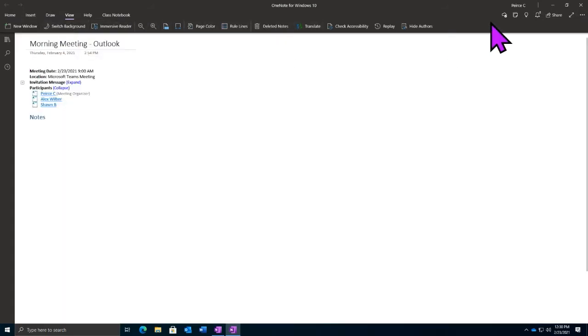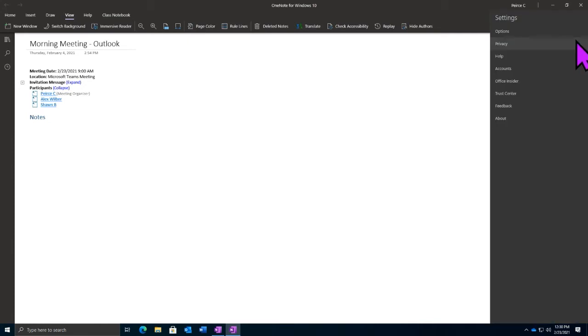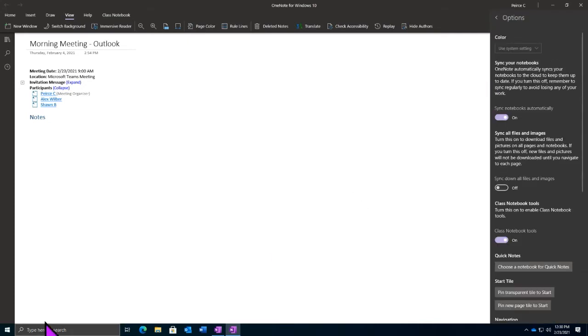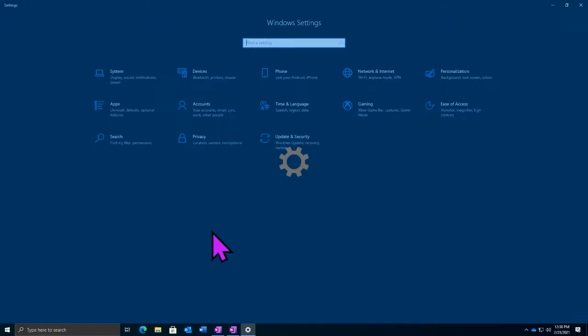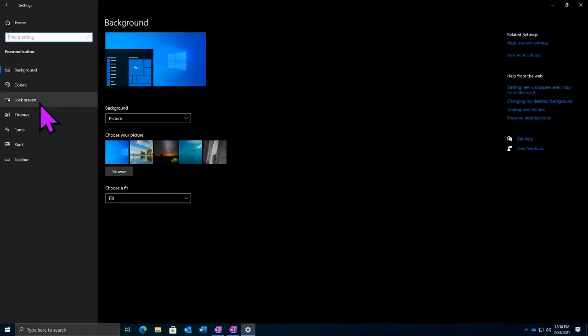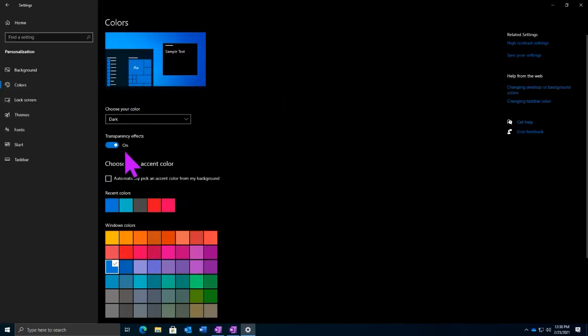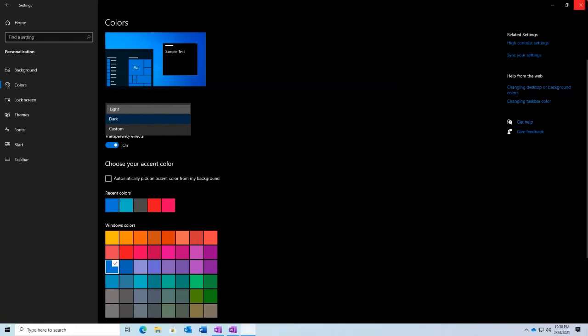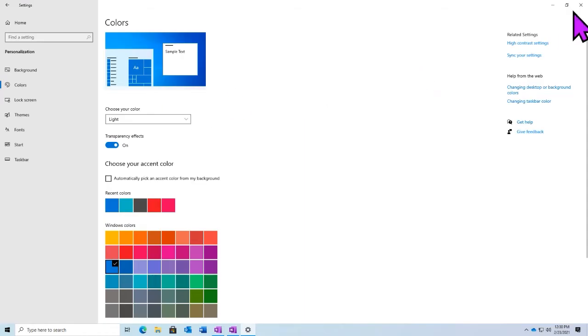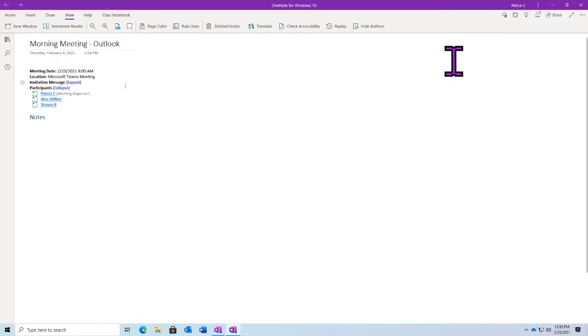All right. We can change the settings overall, but I need to go into our options for Windows and change that there. So we'll go to colors, light. Perfect. Now we have a little bit brighter version of our Windows 10 version.